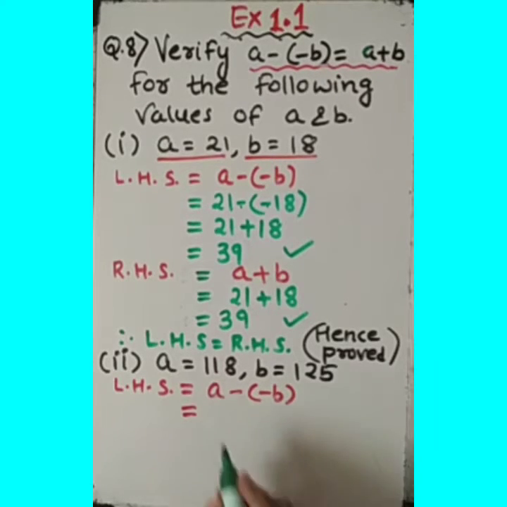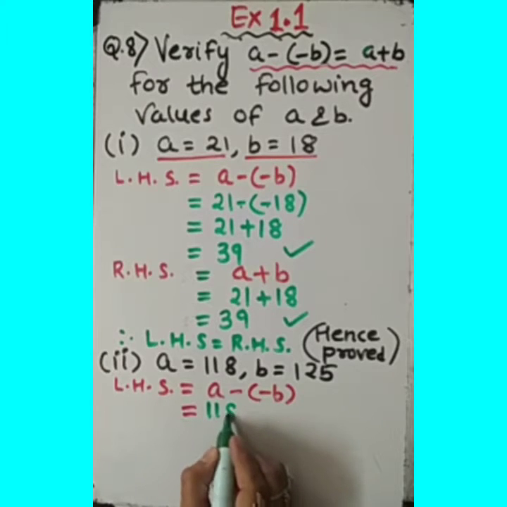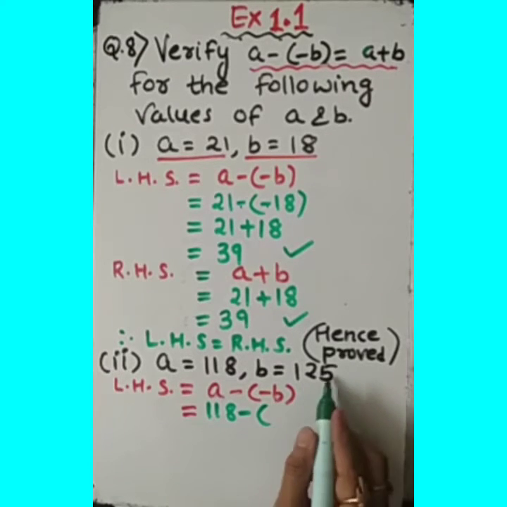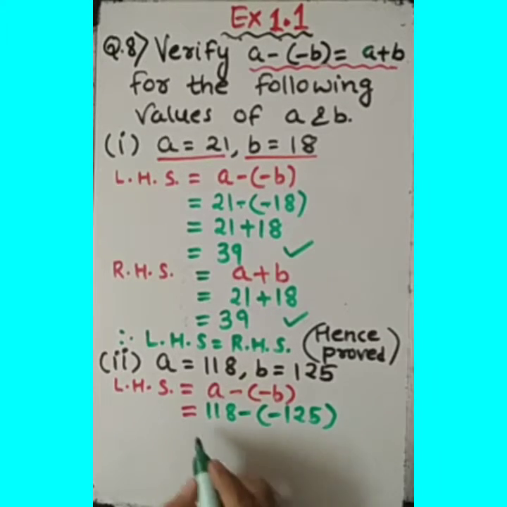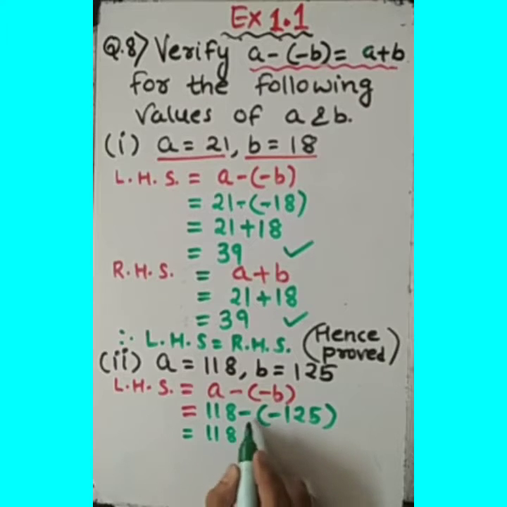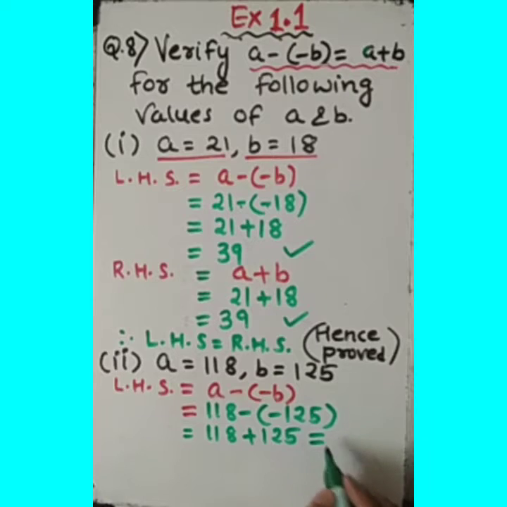Let's note down the value of A is 118 minus in bracket the value of this is minus 125. Fine. So 118 minus minus is plus 118 plus 125. So let's add. 8 plus 5 is 13, 3 and 1 carry over. It gives the result 243. So the answer is this. Clear? You can mention this answer here as I have not enough space here.